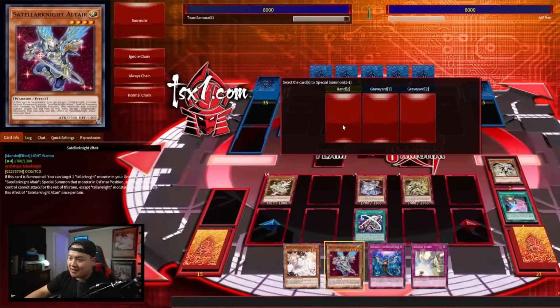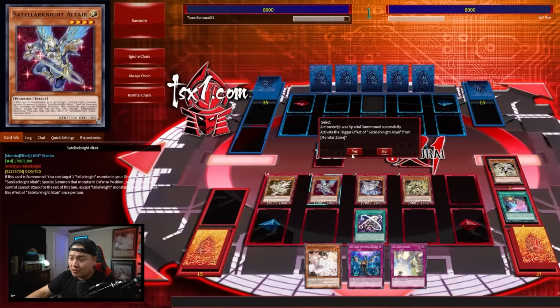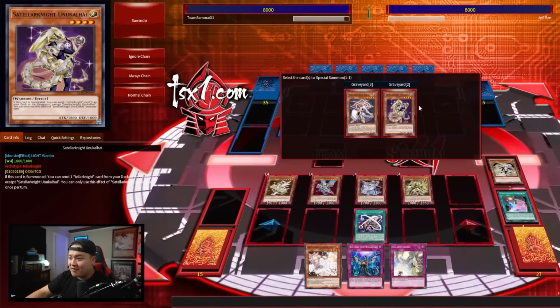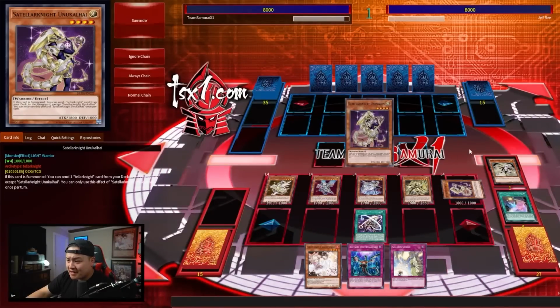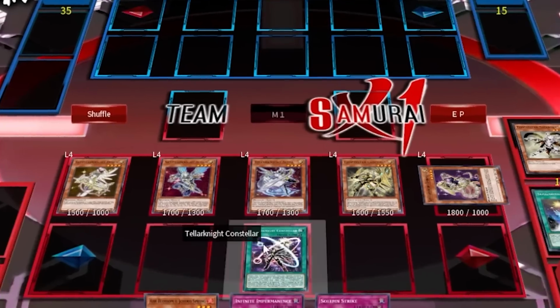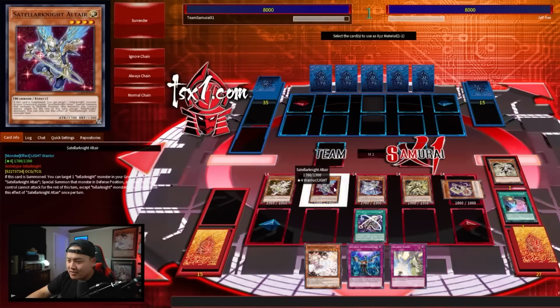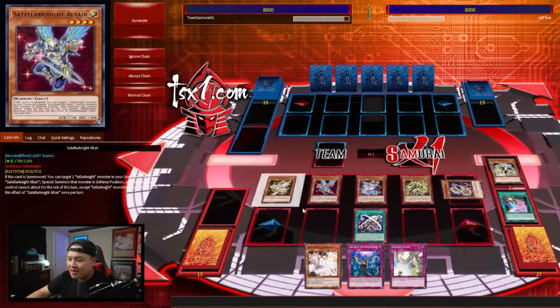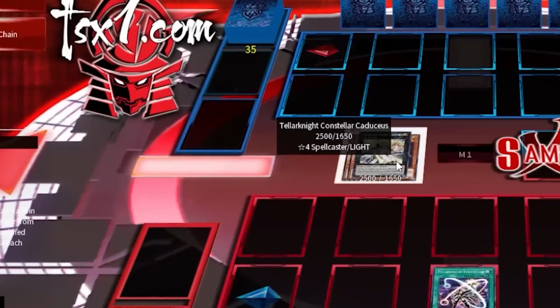And Altair is insane because if it's normal summoned or special summoned, Altair gets to use its ability to revive a Satellar monster back from our graveyard. So we're going to use Altair's ability right now to basically revive back our Unukalai from our grave, which is absolutely amazing. And now what we're going to do is that since we have these 5 monsters on the field, we're going to Xyz summon using these 5 materials. Okay, using these 5 monsters right here, we're going to Xyz for 5 materials Satellar Caduceus right here, which is